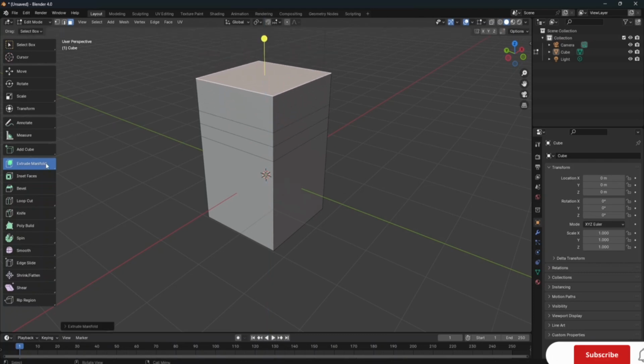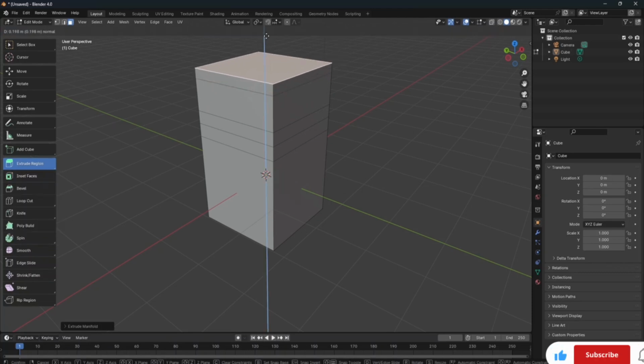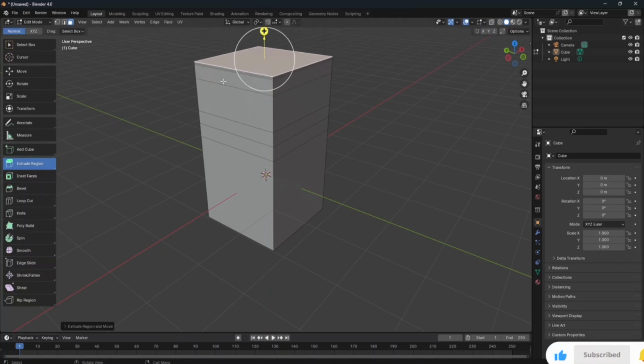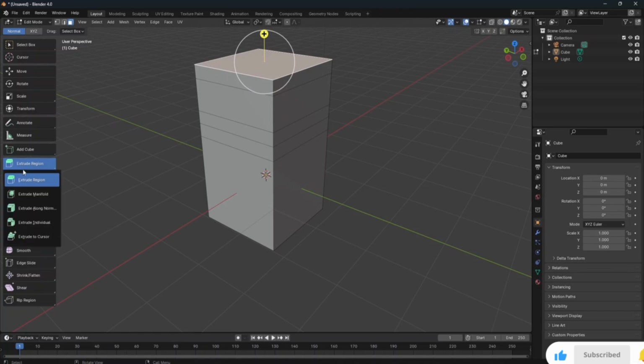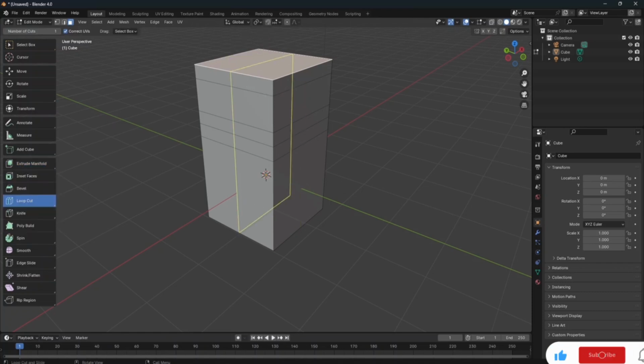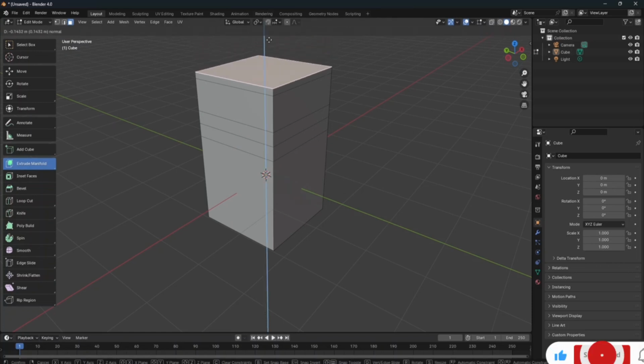option. Okay, but normally if I do it with the extrude region, and now if I increase the space here, you can see that you do have a geometrical mark. But if I want to do it without the geometrical mark, in that case I will go to extrude manifold, and now let's select this particular part. Let's go back, and from here now you can actually increase the size on the top. Okay, so